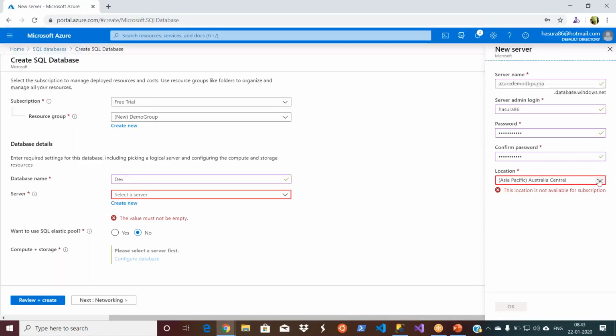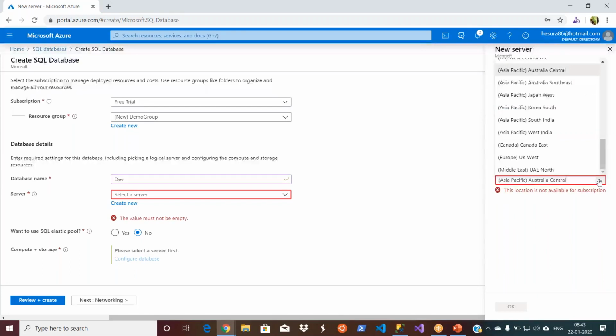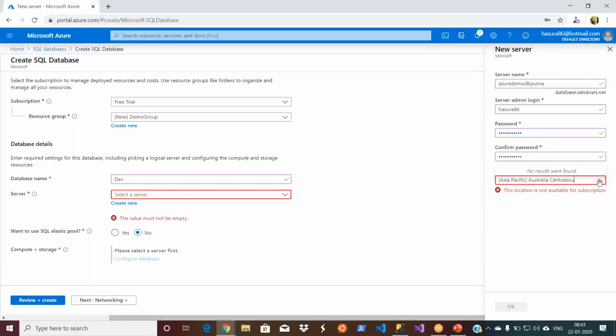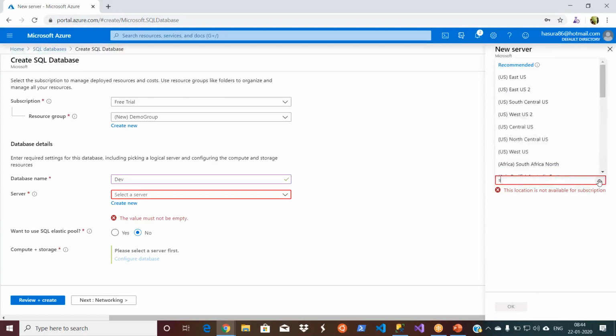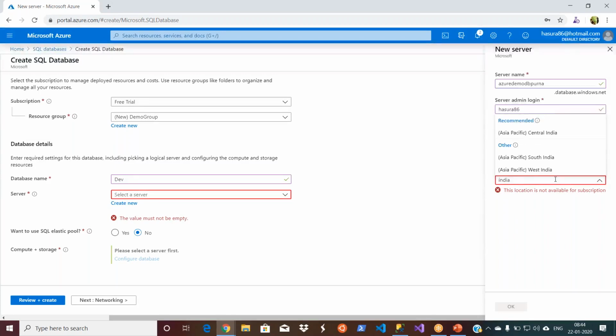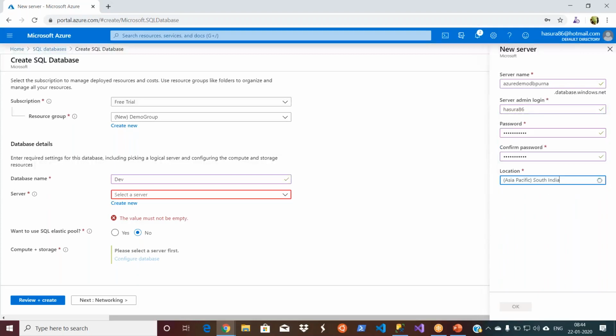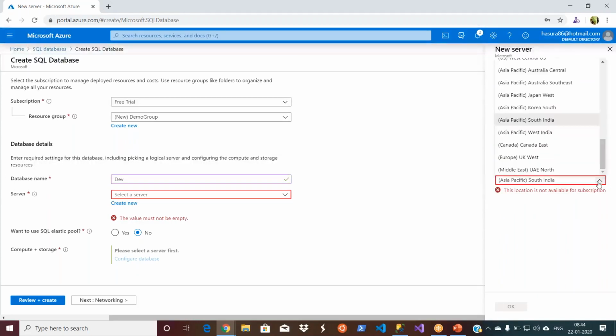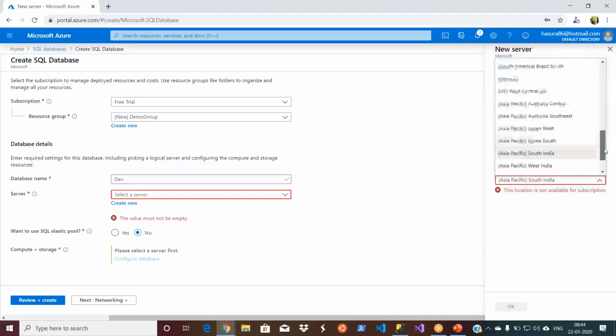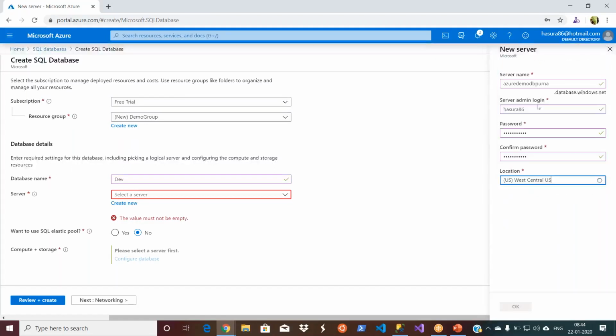Then let me change the location to India. Okay, take this. Will it be available? No, it's not available. This is a problem when we use this. Okay, it looks like it is available because we are using free versions. Okay, let's say okay.